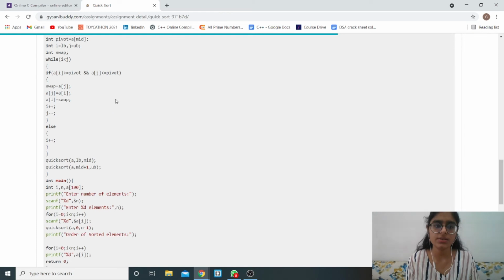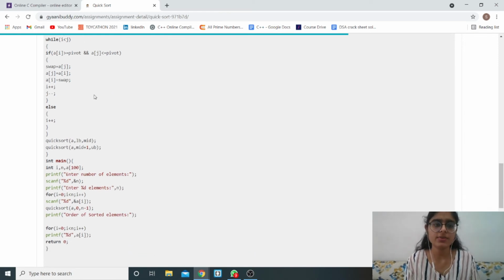This process continues until the lower bound is less than the upper bound. After one pass, when we have traversed the complete array, we call this quicksort method two times again. In the first call, we pass a, lower bound and mid as the parameters. Why are we doing this?